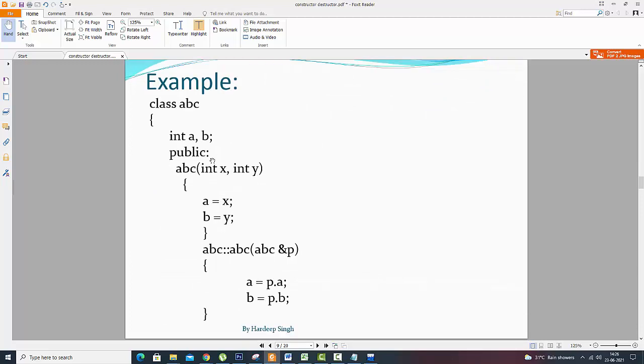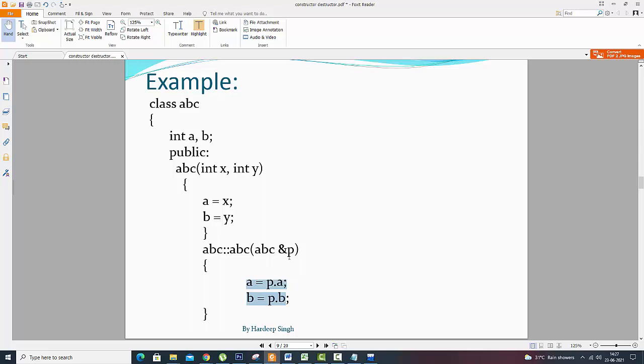directly to the program. Here what happens, we have a program whose class name is ABC. Okay, so now what they are doing, we have a constructor, since both of the names, ABC and ABC, are the same, and we have integer x, integer y present here, and then they are being initialized here, a b equals to, just as a simple constructor they have initialized it here, and with the help of an object, a reference variable, last time we studied about this one, means an object is being passed, with that another constructor has been initialized.